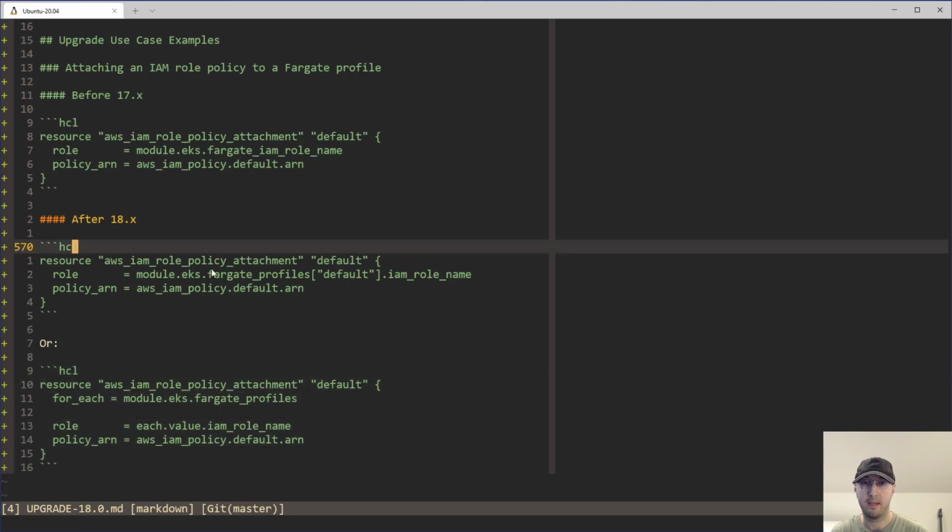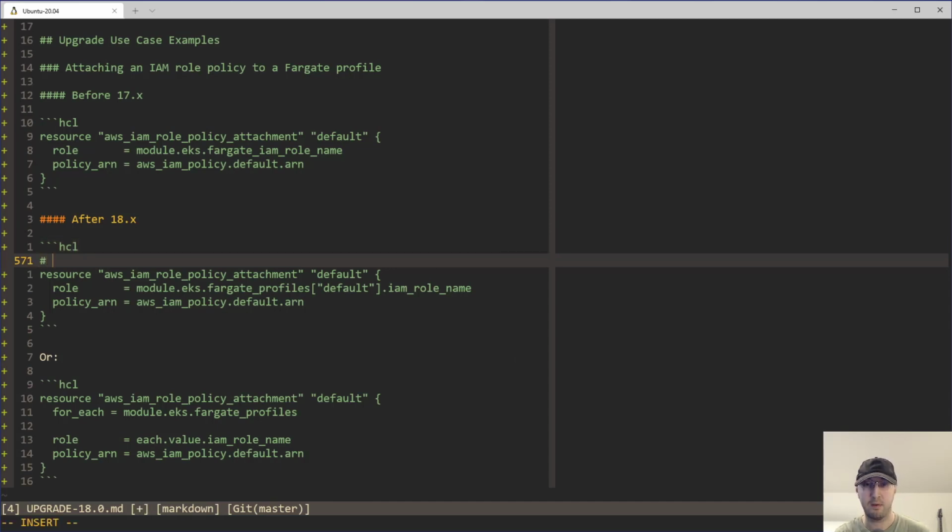Because again, if you are a Grandmaster Terraform Wizard, you look at this and you're like, of course. But if you're sort of kind of new to Terraform, maybe not been using it a ton, it's nice to have this written out clearly of what this actually does. So this would be, you know, attach an IAM... well, we don't need to say IAM role policy formally because we have that as part of the hierarchy up here. So I think we can just go with saying, you know, attach the policy to a specific Fargate